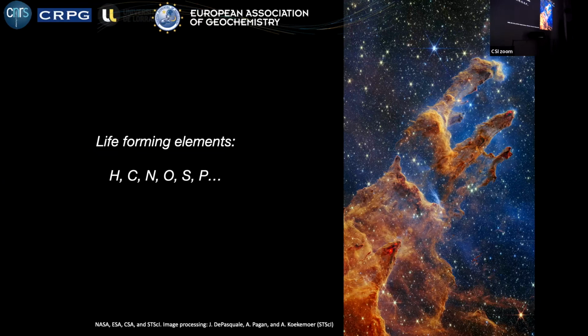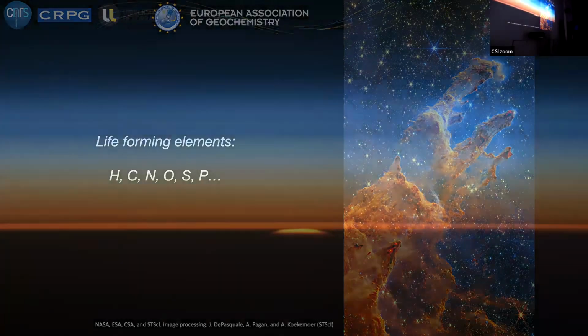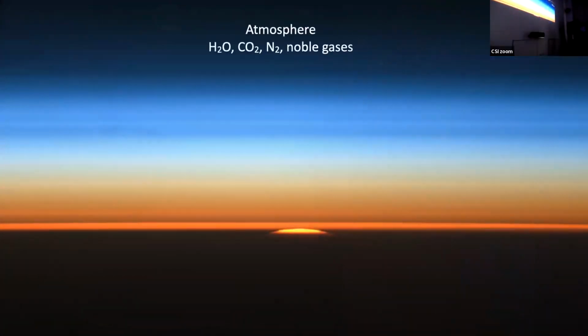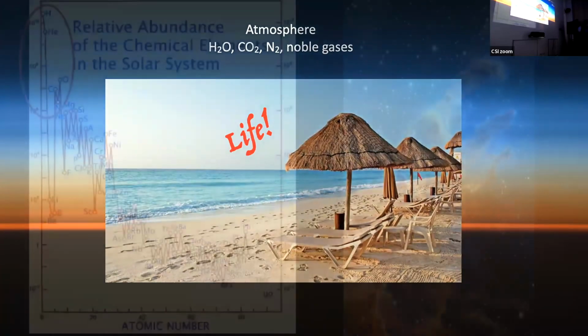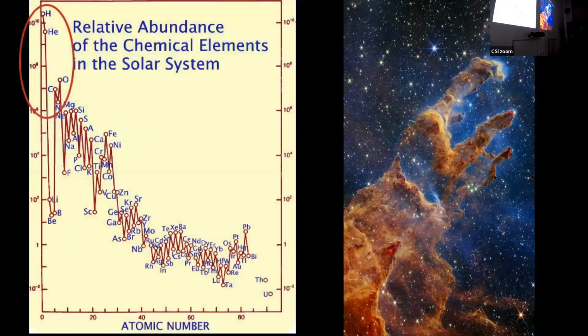And in fact, what is remarkable is that these elements form the composition of the atmosphere and the ocean, H2O, CO2, and the noble gases. These are the cradle of life that permitted life to exist on Earth. But if you look at the composition of the gas that is present in the universe,